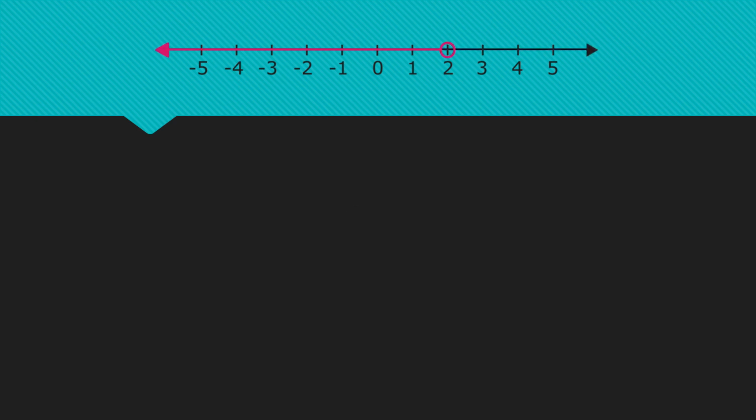For this last example, I'm going to use the variable r. And because our dot is at +2, +2 is going to be on the right-hand side of our inequality. And because we're shading to the left, all of the numbers to the left of 2 are smaller than 2, which means that we want to use the less than symbol. Because any number you plug in, say we plug in 0, 0 is less than 2, so that would be